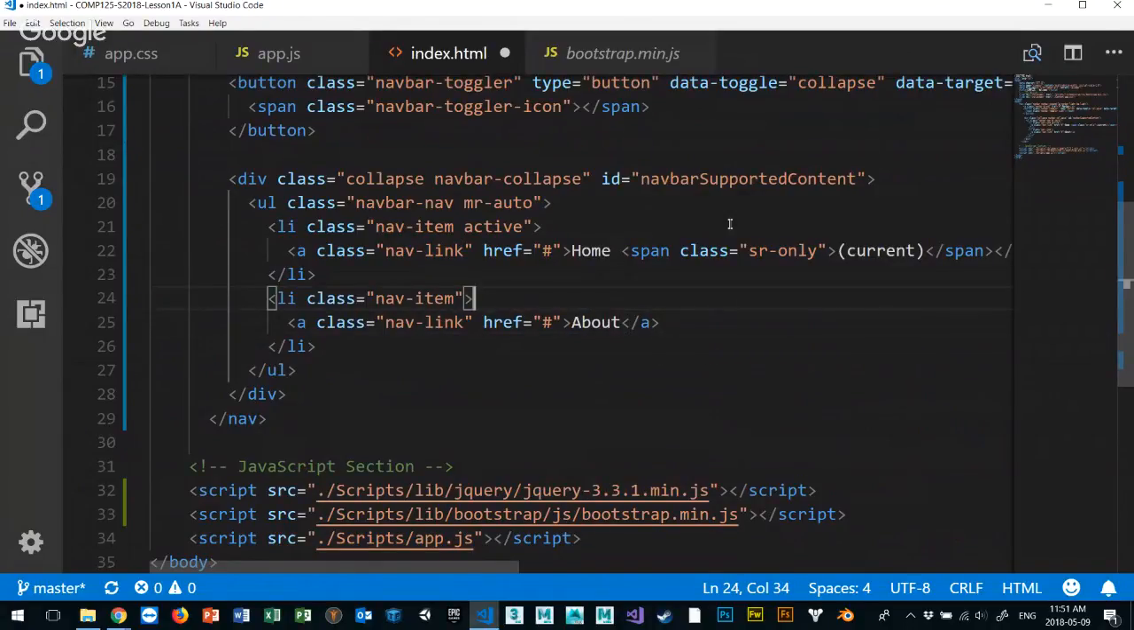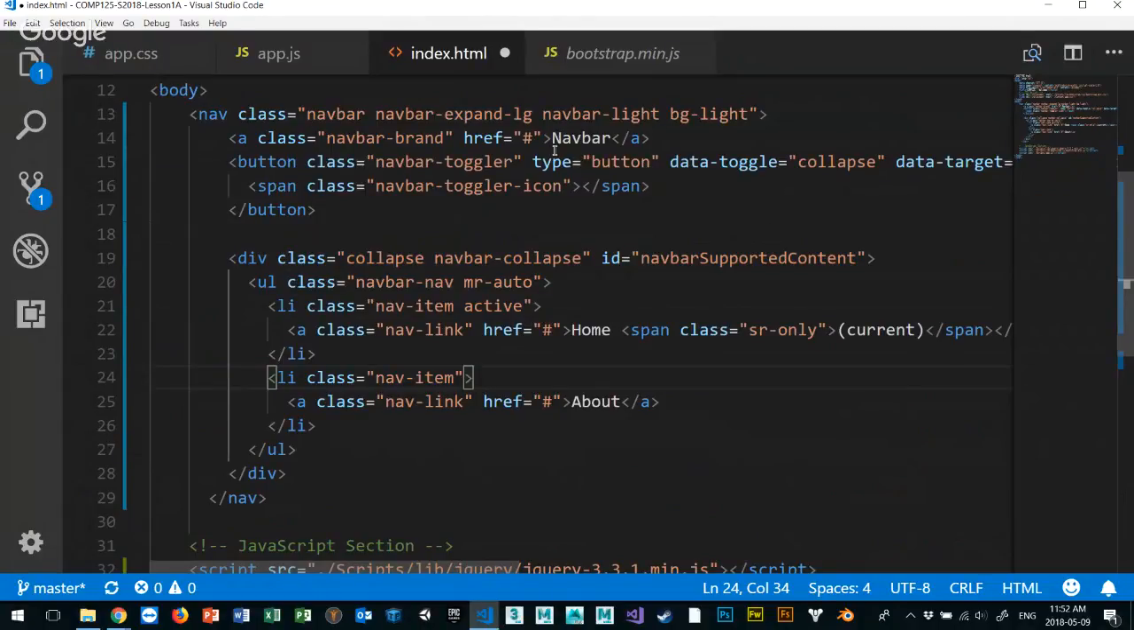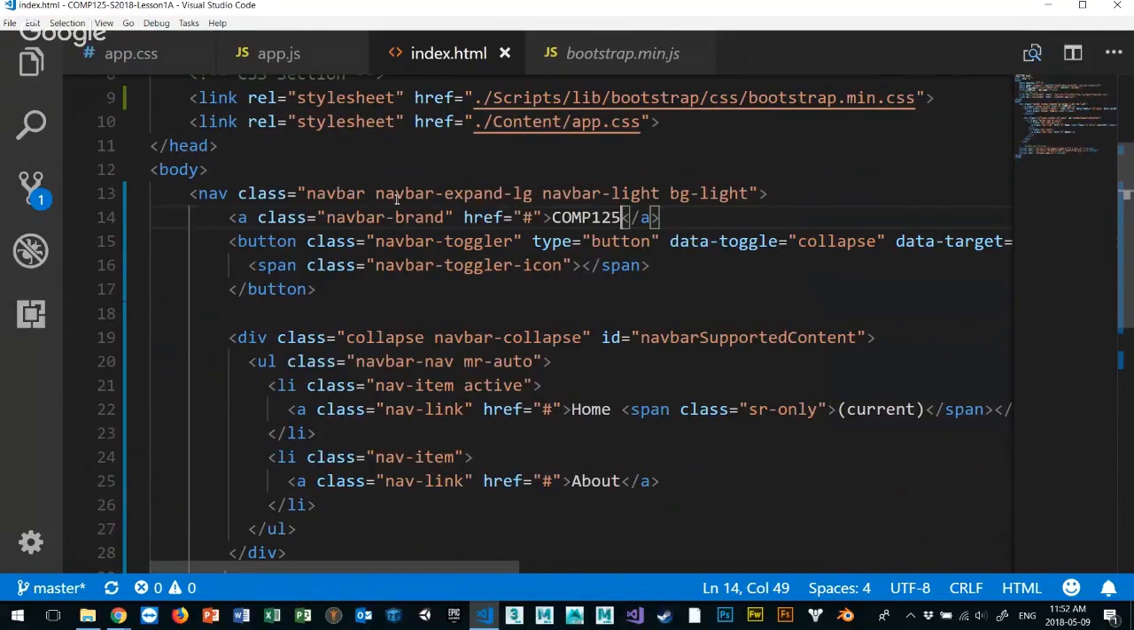Here's my Home link. And also inside of my nav bar, there's something that says Navbar, right? And let's just put, I don't know, COMP125 in here. COMP125, right? Because About COMP125, Home for 125, right? Up on the top, it says navbar-expand-lg, so large, navbar-light, bg-light. This is the style of the navbar right here. So if I want to restyle this thing and make it a black navbar, just because I feel like it,